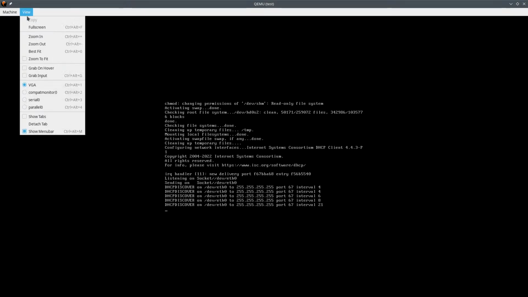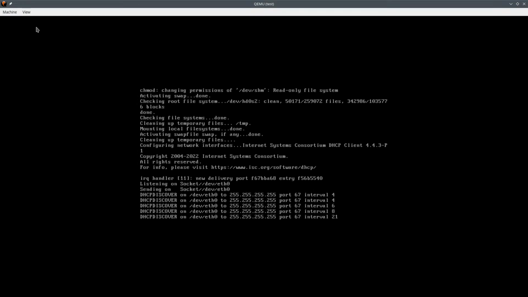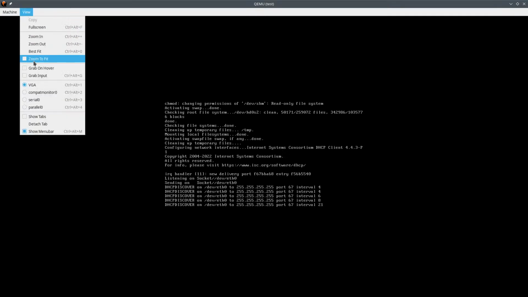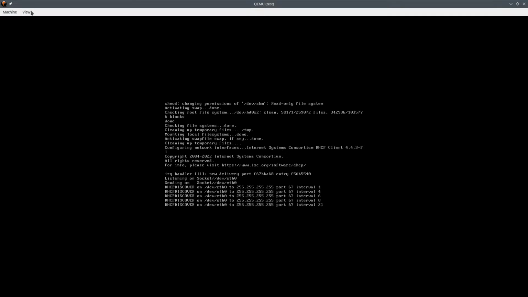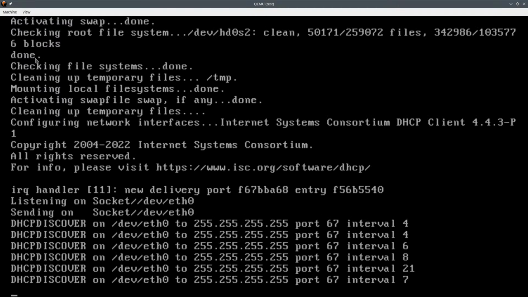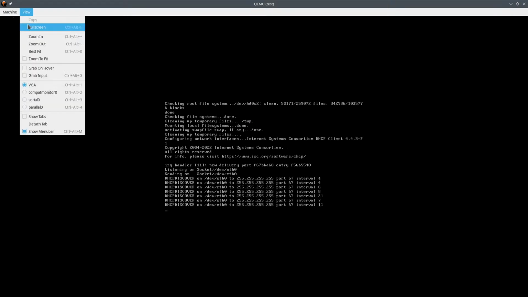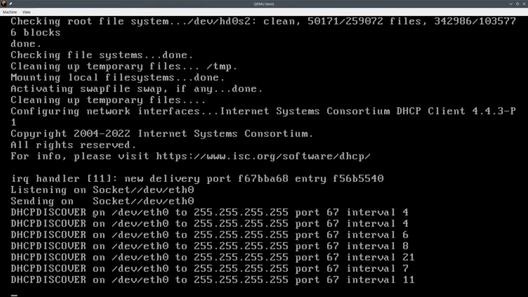Do we have something like zoom to fit so that we don't have such a small screen? Okay, then we might remove this.